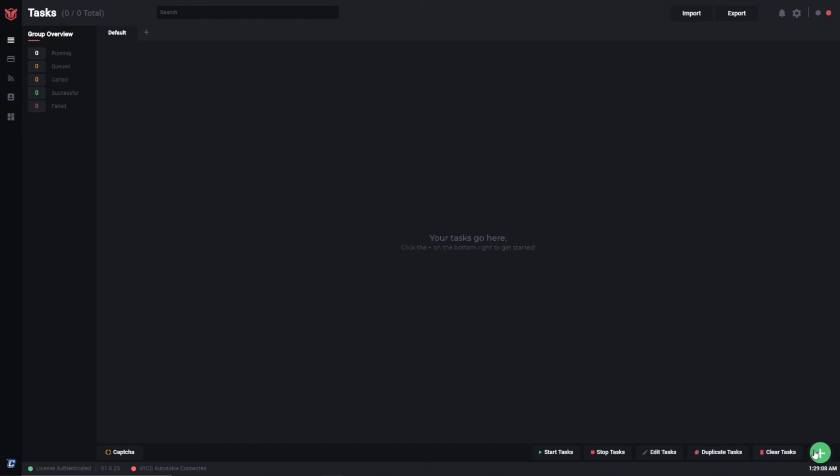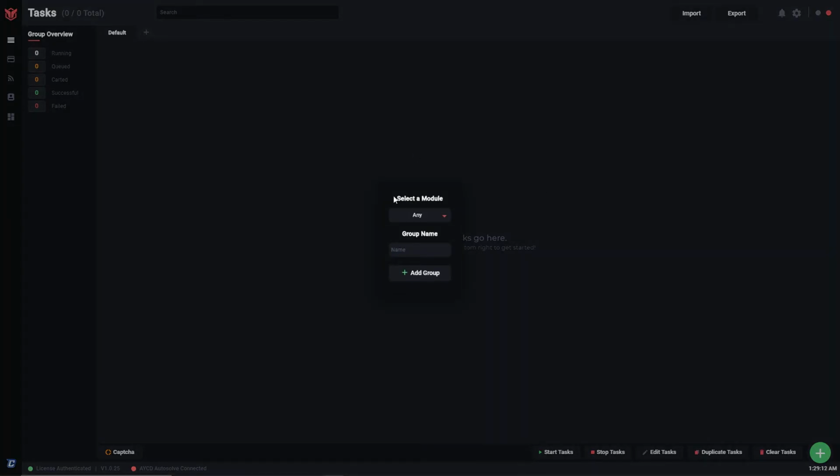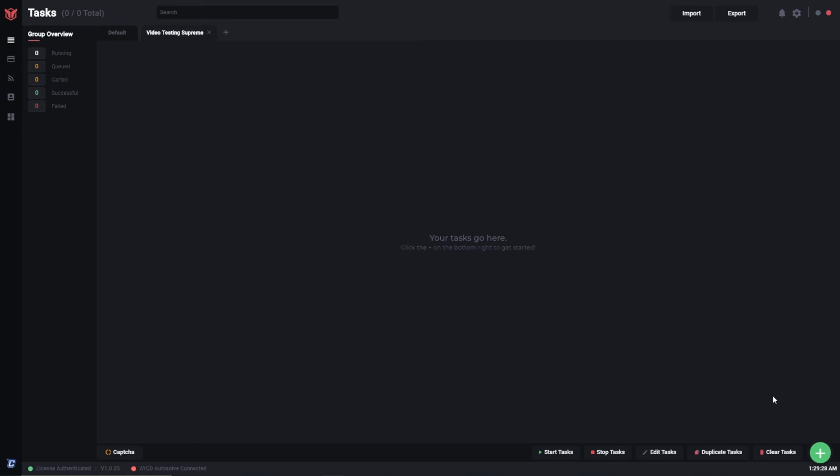Then you have the addition button to go ahead and actually create a task, and you can go ahead and segregate certain task groups over here, which is what I'm going to go ahead and show you. So you select the module from their support sites. I'm going to hit Supreme, for example. I'm going to call this video testing Supreme. Add a group, it's gone ahead and added that group, and then we can go ahead and create a